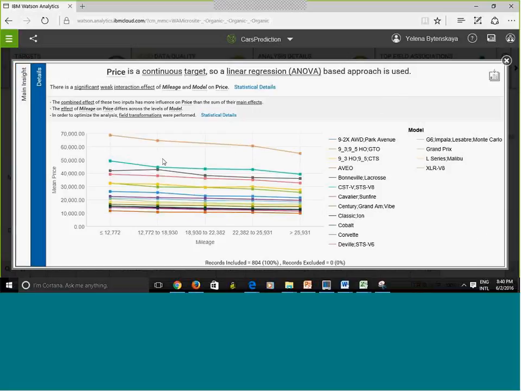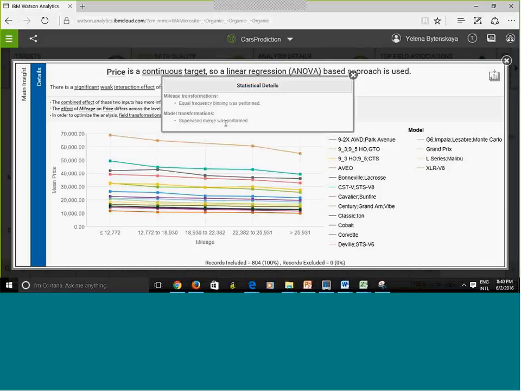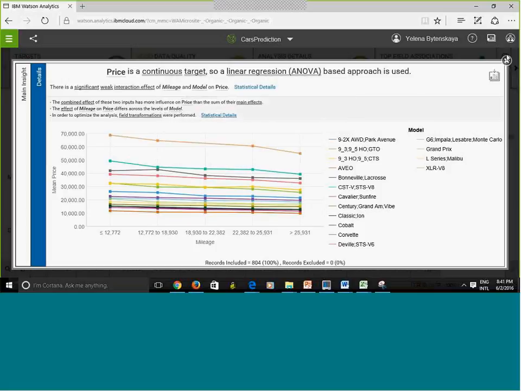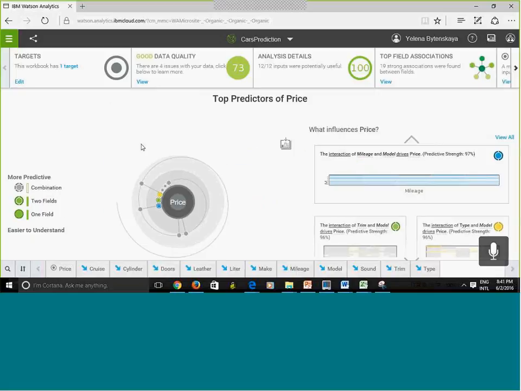So suppose that I like this chart here. I can click Collect. I'm going to add this to a collection. I can click in here and see statistical details and even more. So let me close out, and here is going to be even more. Here I'm looking at the combination of 3 fields and so on.